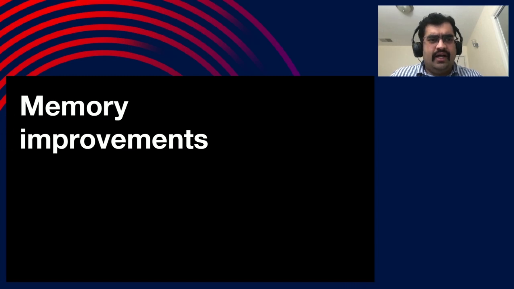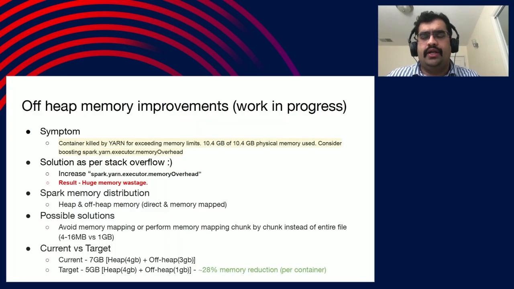So finally, I'll talk about memory improvements. Here, I'm primarily focusing on the off-heap improvements which we had to do. If you remember, in the beginning of my presentation I was talking about JVM Profiler, and it helped us in memory profiling our jobs. This is what it helped us with.